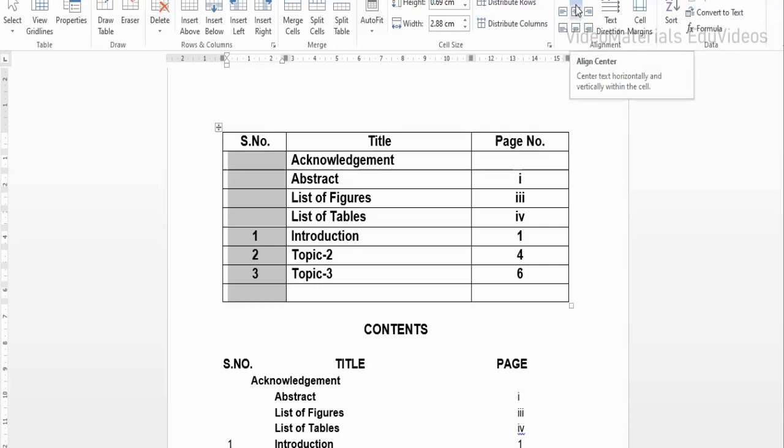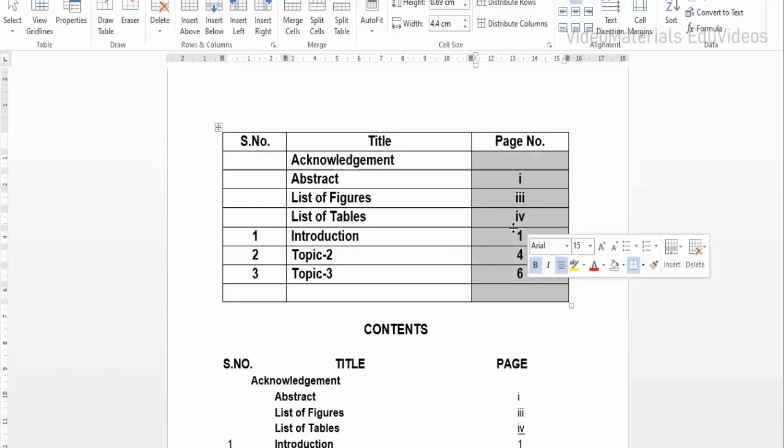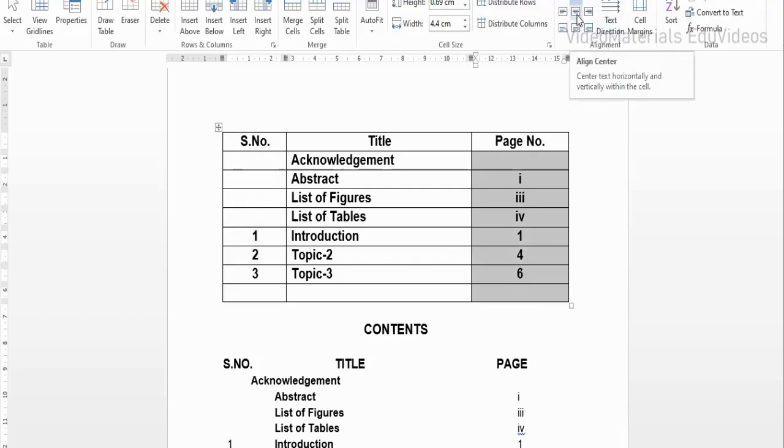Currently for the serial number which was selected, it is Align Top Center, but I want Align Center. So here I'm going to select the serial number and click on Align Center. There may be a slight change, and similarly for the page number I'm going to select this and apply Align Center. So there will be a change.